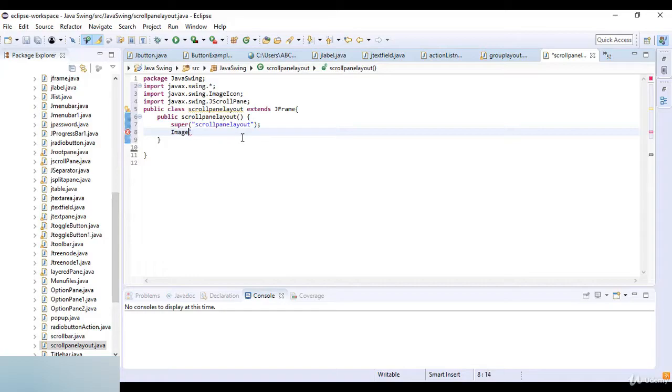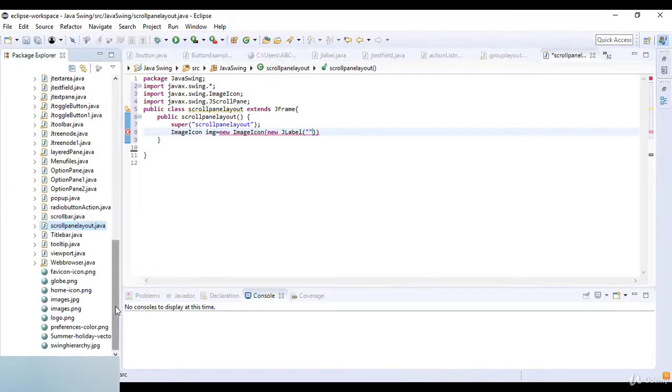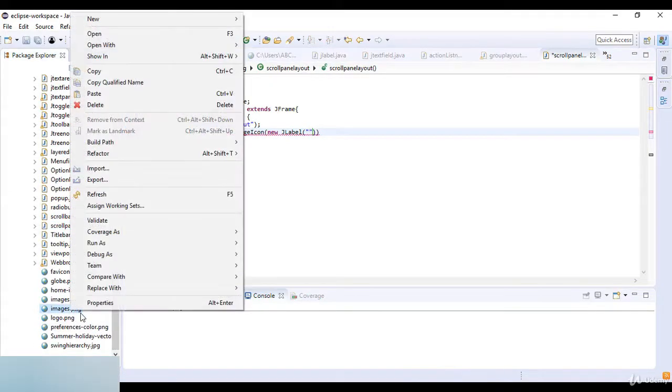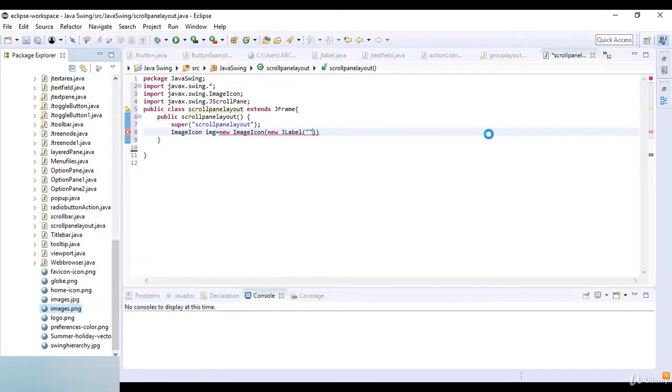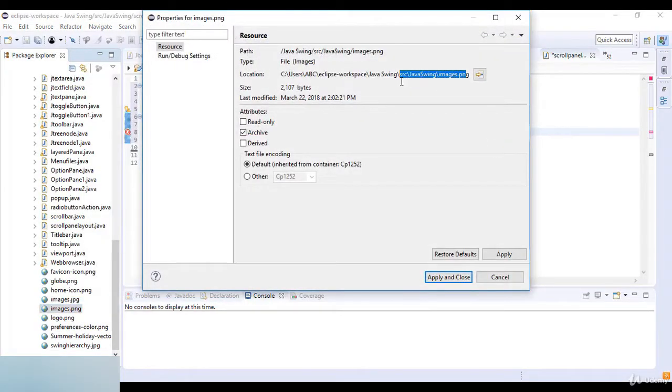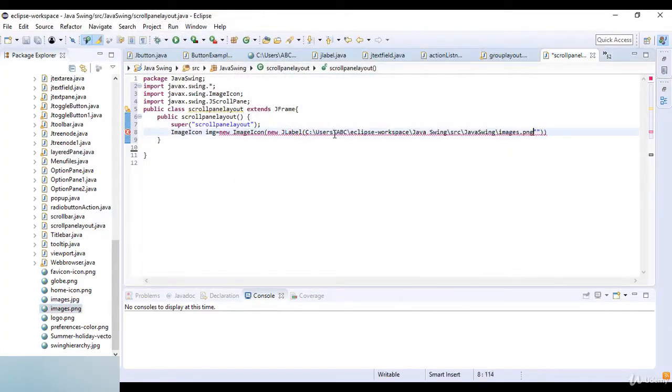Now ImageIcon, which is img as an object name, which is equal to new ImageIcon. And here I just write new JLabel, and here I just give it the name of the image. Means I just show you the image just for views, like I just view the clear layout of this scroll bar. So I just use the image here,